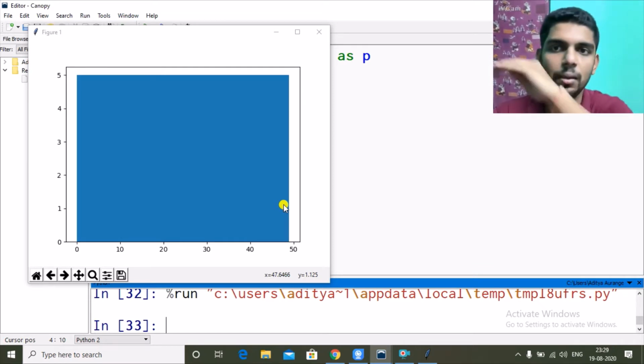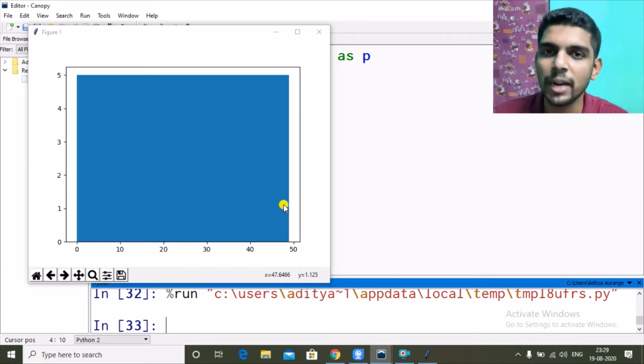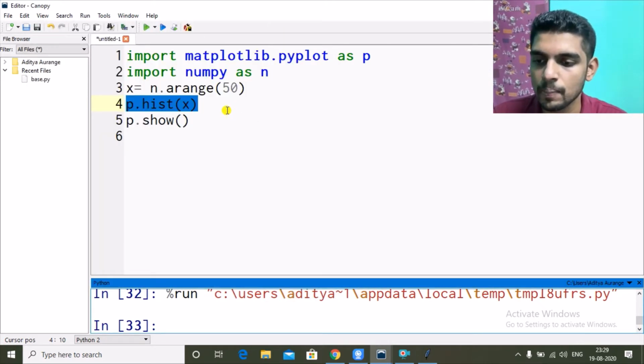That's why we see it like a single bar. It is not a single bar, there are multiple bars, but the width is occupying complete space, so it looks like one single bar. For that we have multiple properties: width, color, edge color, and there's one more property, rwidth. We will see that now.